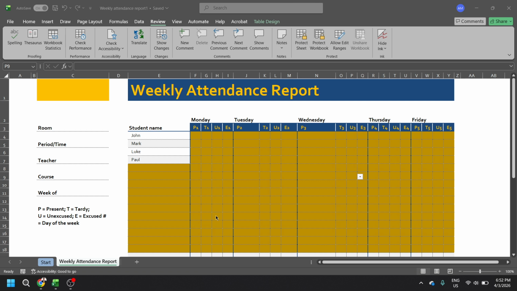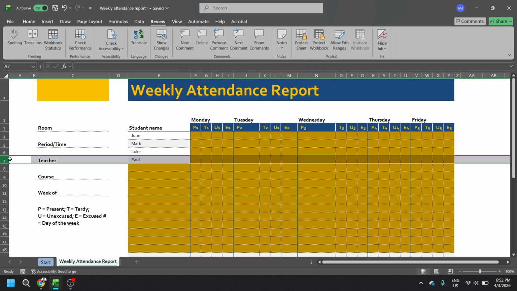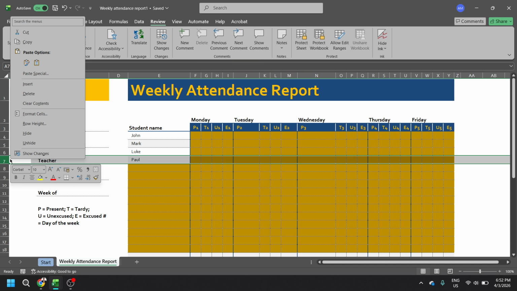Start by moving your mouse to the far left edge of the worksheet, where you see the gray row numbers. Right-click directly on the row number for the row you want to adjust. That right-click on the row header is important because it tells Excel you want options that apply to the whole